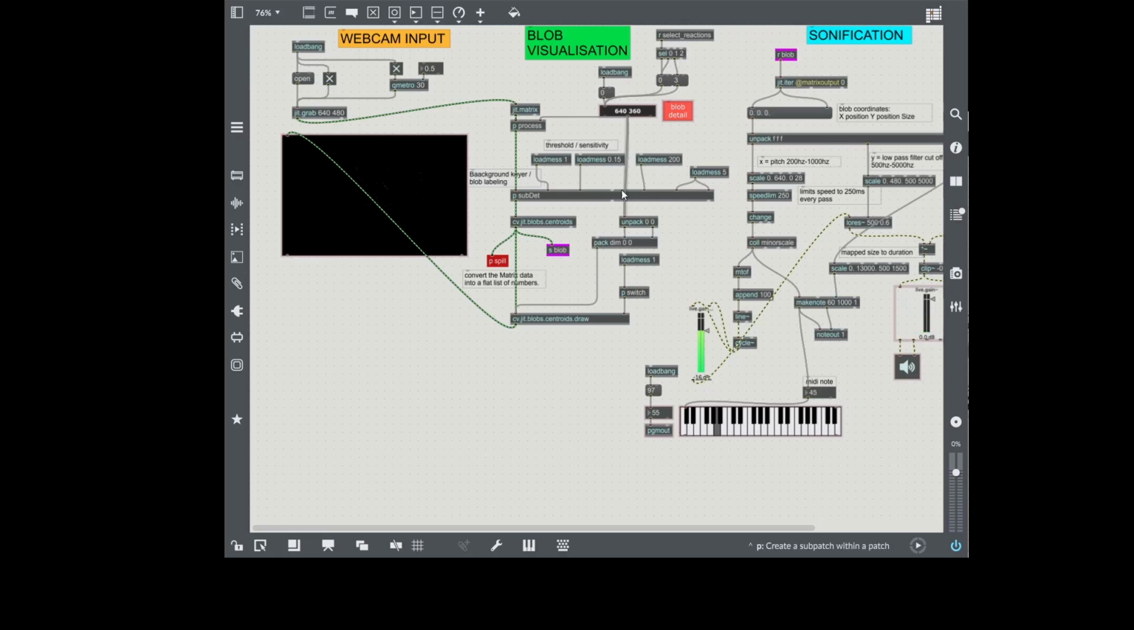I'm using the computer vision survey library. I use the blob drawing technique, so I use these objects to calculate and draw the centers of these blobs. Computer vision is